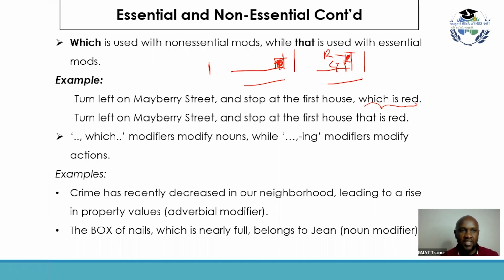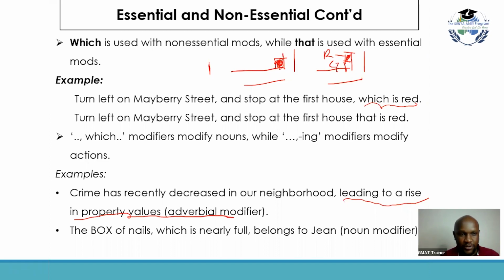So in this particular example showing an adverbial modifier, crime has recently decreased in our neighborhood, leading to a rise in property values, leading to a rise in property values is your modifier in this case. It shows additional information about this particular sentence. It shows the consequence of the decrease in crime in this particular neighborhood. So it modifies the decrease in crime in this neighborhood, and not necessarily a specific thing or a specific noun,